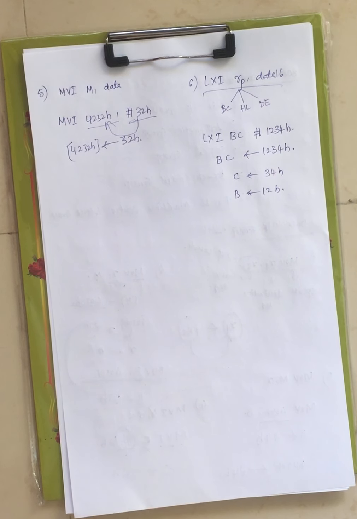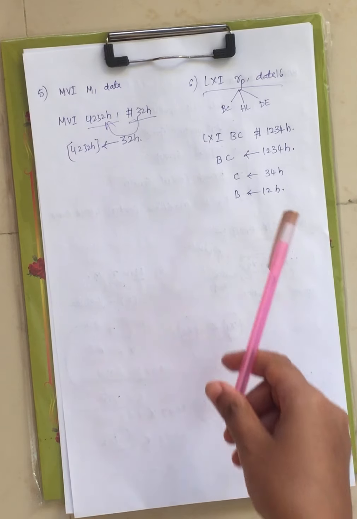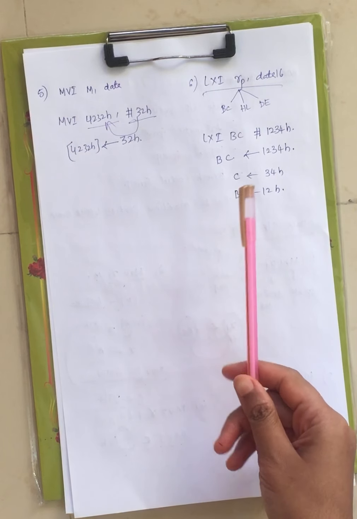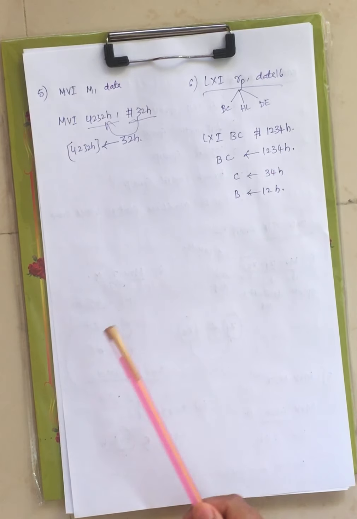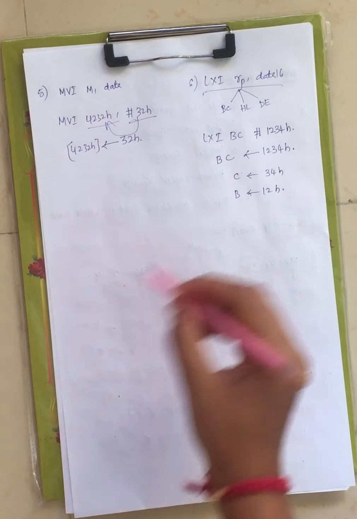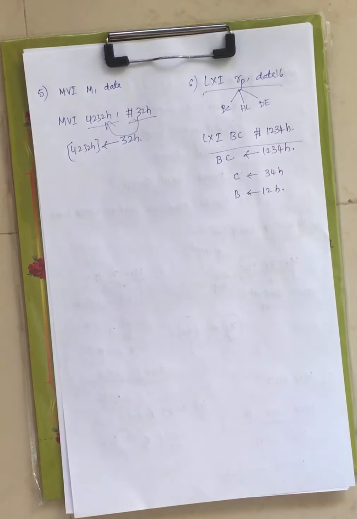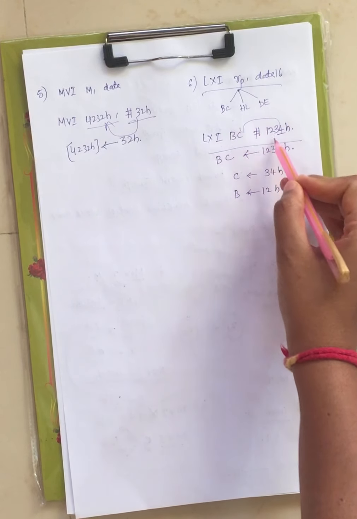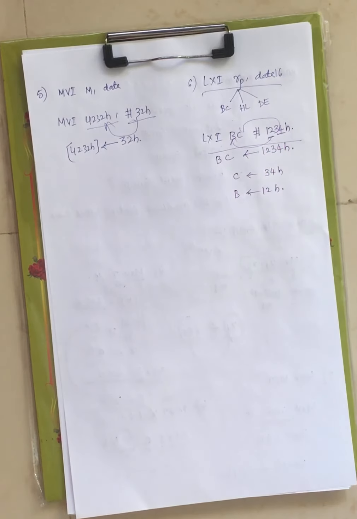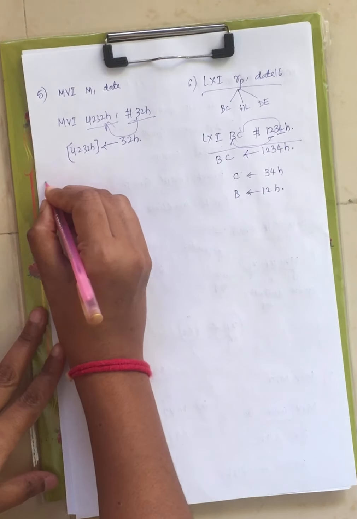Now if you want to store 8-bit data, we can use the MVI R, data or MVI M, data instruction. If you want to store 16-bit data, this particular instruction is used: LXI, load immediate register pair RP, comma data 16, that is immediate data. An example is LXI BC, 1234H. The lower byte is stored in C and the higher byte is stored in B, right? Now this is about the sixth instruction.